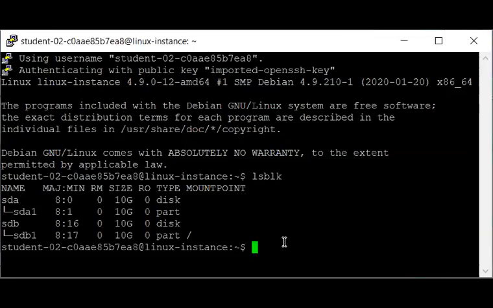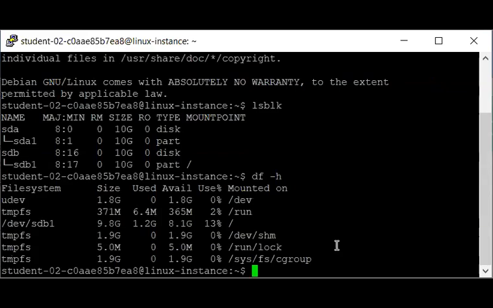So let's try df -h. It will show all the partitions, all the blocks with their sizes, which are available and in use. Okay, so you can also see whether these are mounted or not.